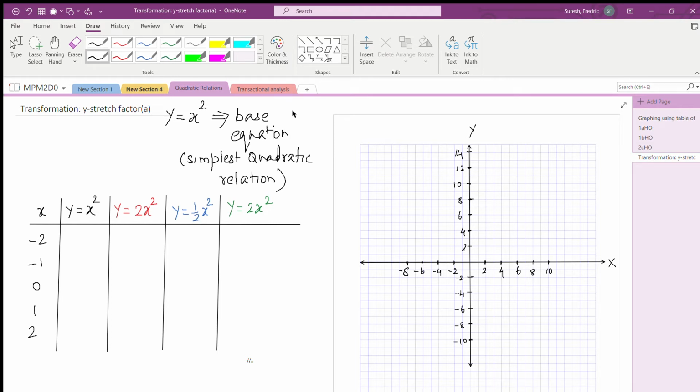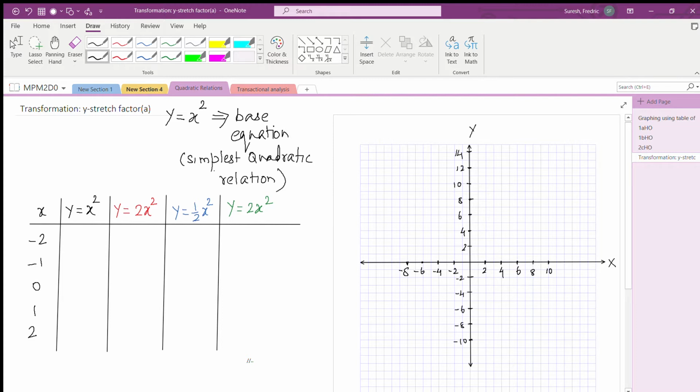Hey guys, in this video we are going to talk about transforming quadratic graphs. And to do that, we first have to learn about the y-stretch factor. So we need to start with what is called the base graph, y equals x squared, which is the simplest form of a quadratic relationship, and it is also the simplest equation of a